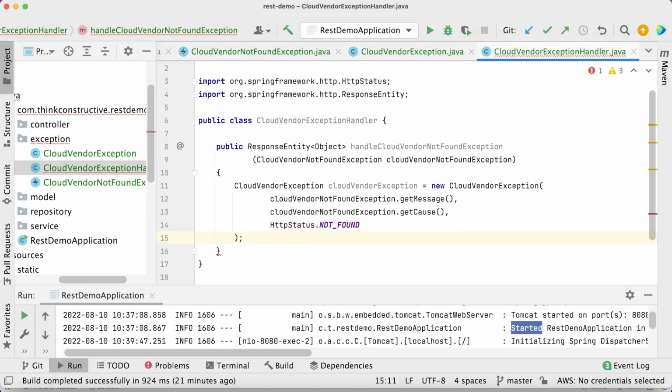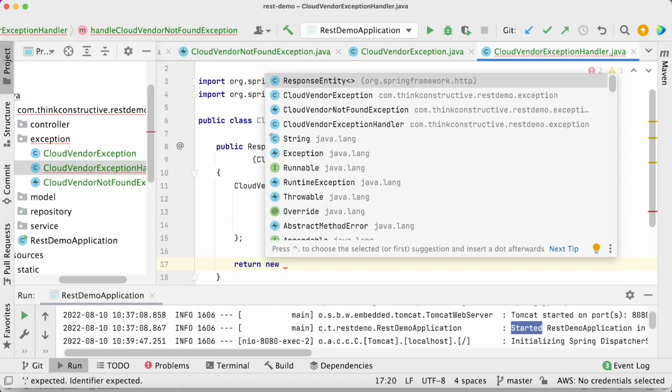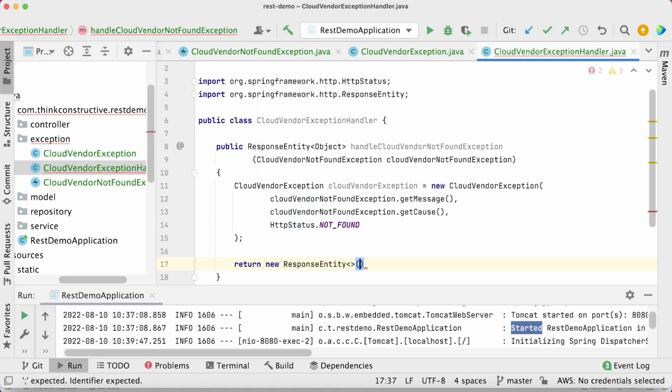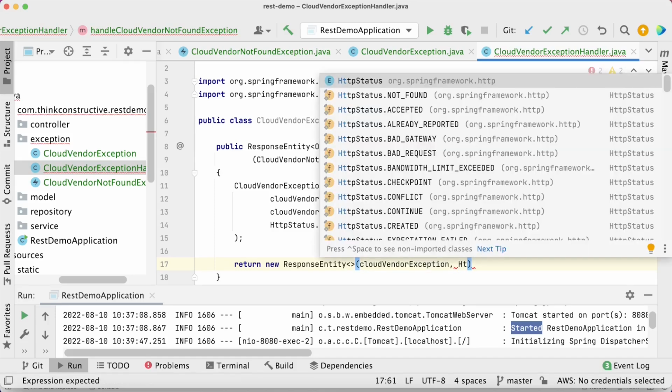Okay. What we have done, we have created a payload of cloud vendor exception, which should finally be returned back with the help of response entity. So next, we will be returning a new response entity. Inside this, it will have 2 arguments. The first one is the payload, which we have just now created, cloud vendor exception, and the next one is